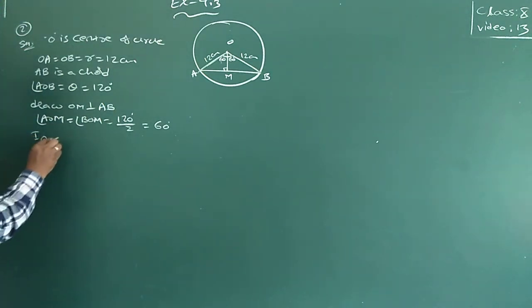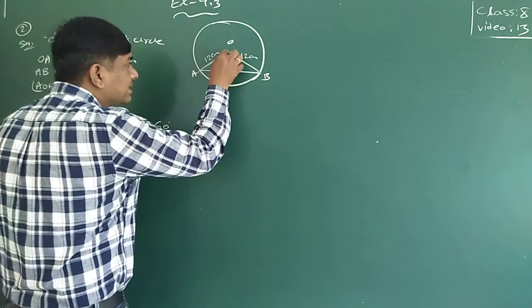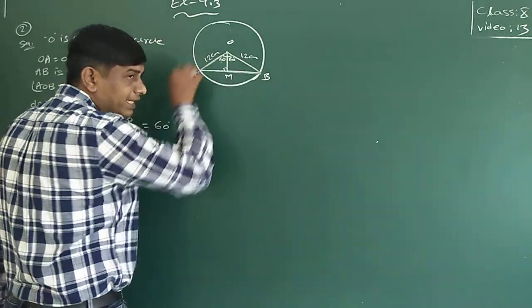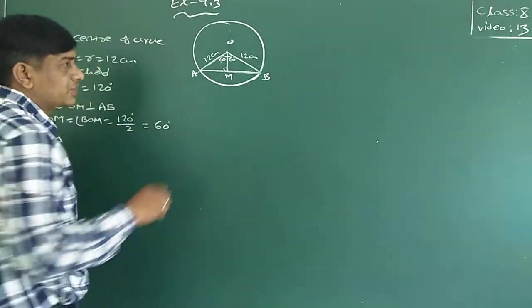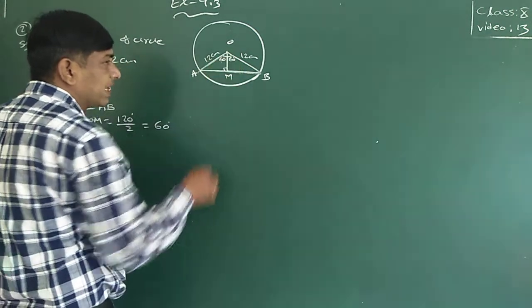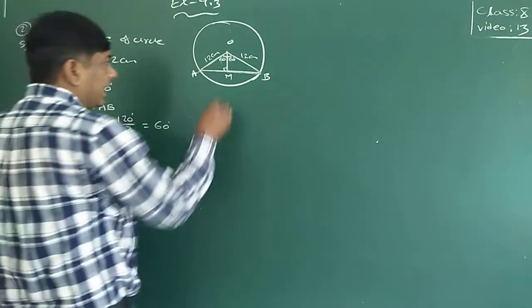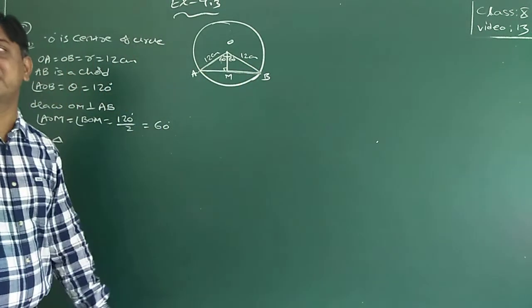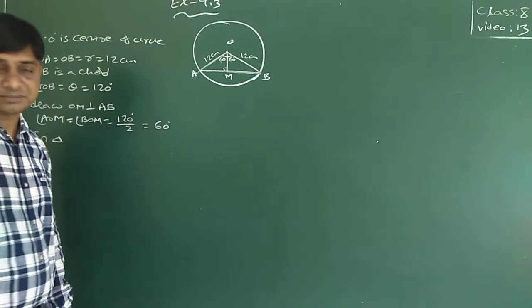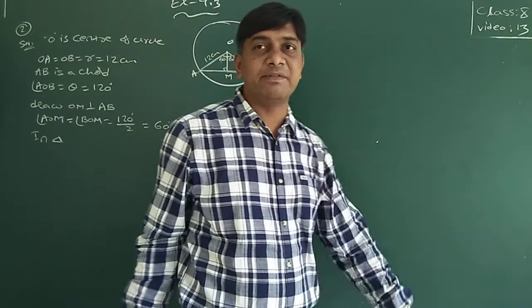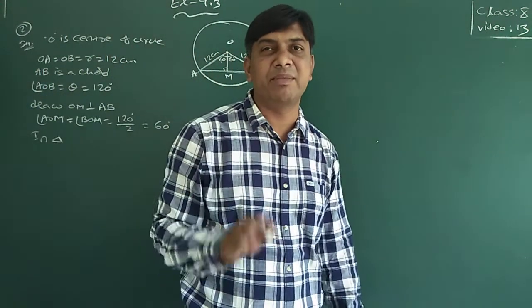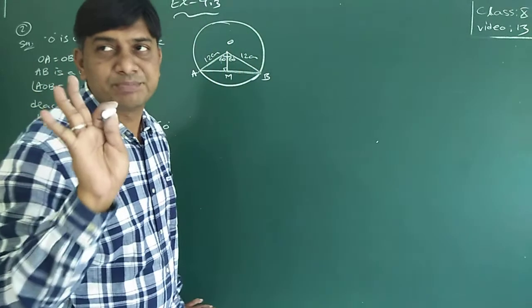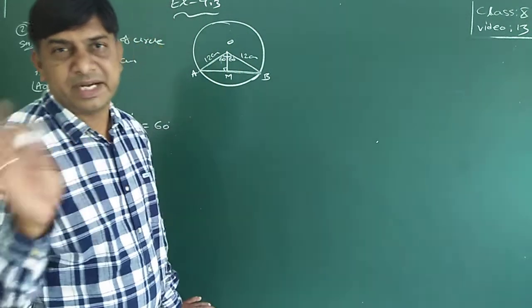Now, if you consider this as the perpendicular line, this will be the altitude of the whole triangle, and this is the base. I don't know the altitude or the base, so I am going to find them with the help of trigonometric functions. Remember the simple concept of sine and cos ratios from the trigonometry introduction.